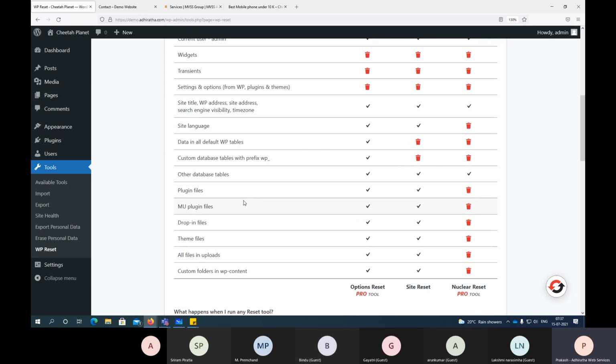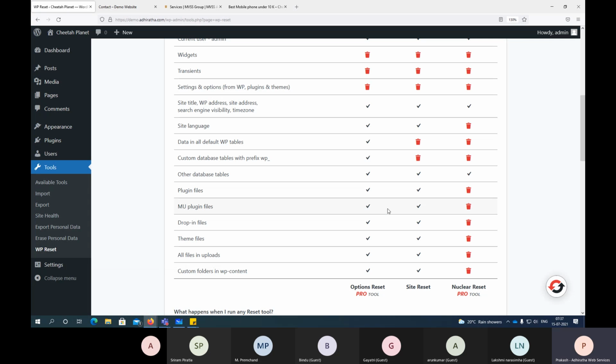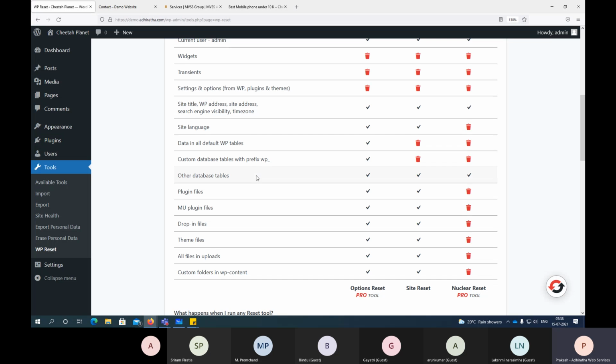So basically what we're trying to do is, we're trying to restore our website to the original state. It is simply like, your mobile, if you do a factory reset, what happens? It will be like wiping off all the data, right? It will take out all your data and when you took the new mobile, that time how it was, in that state it will be restored, right? Similarly, we use this one.